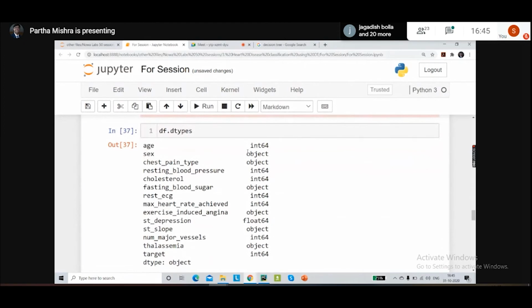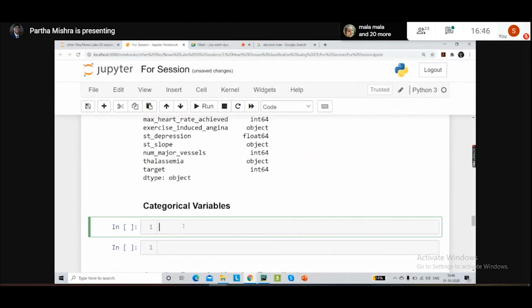Now instead of integers or floats, it is showing us object. So it has been converted successfully. Now we will use these columns and convert them into category instead of this object type.